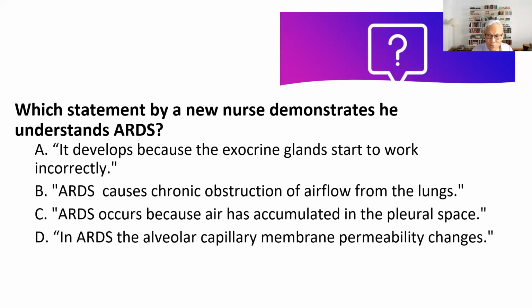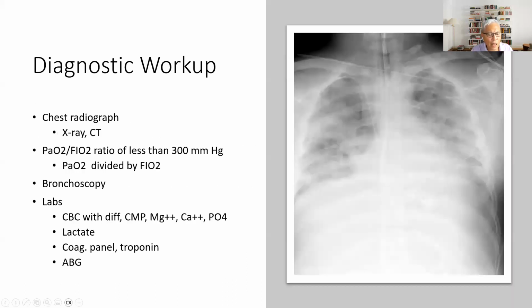And what is the pathology actually? Letter D. You remember that there is going to be an increased permeability in the capillary membrane of the alveoli. And when you increase the capillary permeability, you remember that rubber band that I told you? Well, this leads to fluid collecting in the alveolar sacs. Okay? All right. So what other diagnostic workups are we going to do in patients suspected of ARDS? Well,